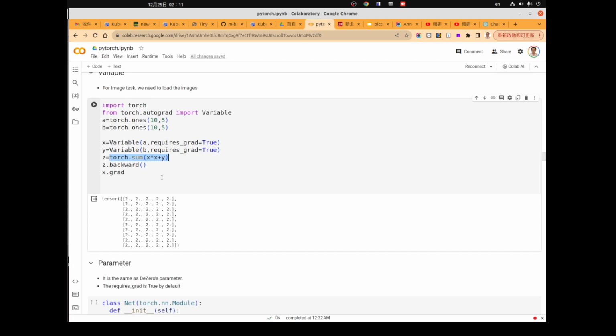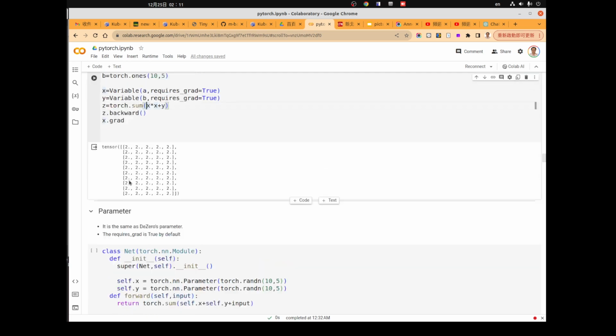This looks like a mathematical expression, but actually it is used to construct a computational graph, and this graph can be used to evaluate the function it defines.